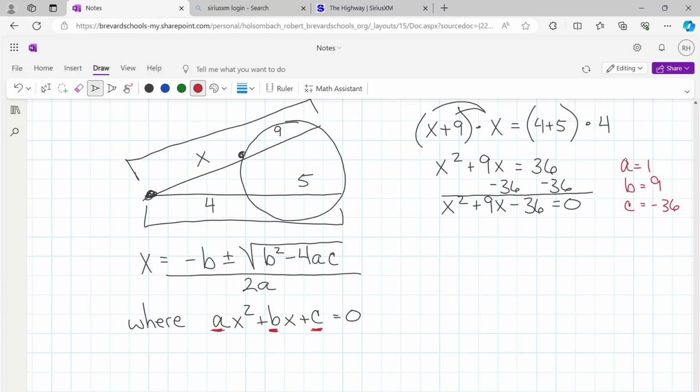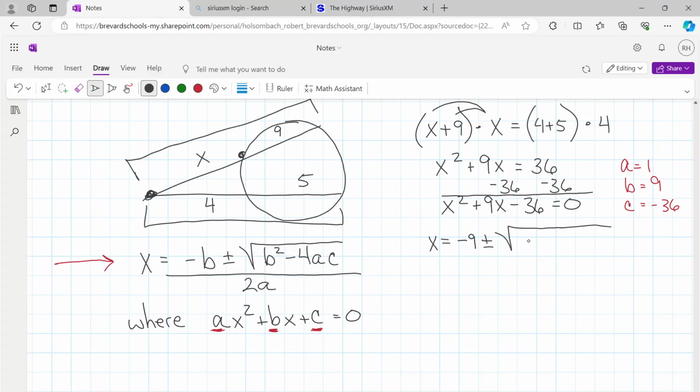And then we're taking these values, and we're going to substitute them into this equation, and we're going to get a couple of possible values for x. So we take x equals the opposite of the b. If the b is 9, then the opposite of b is negative 9, plus or minus the square root